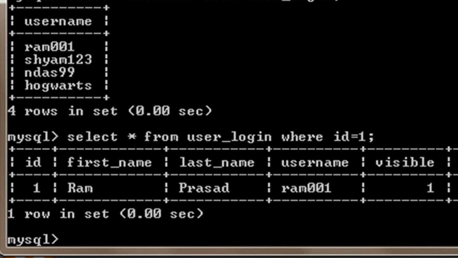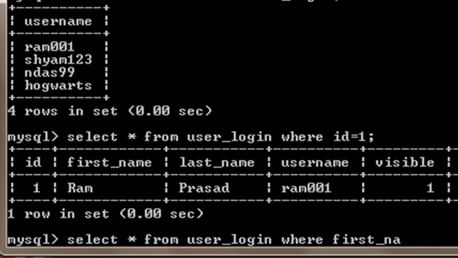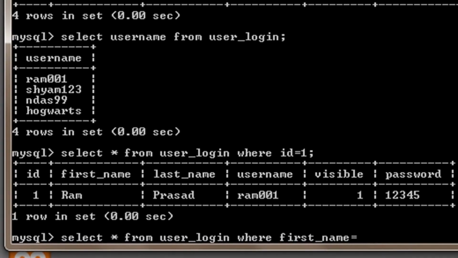Now suppose I don't know the value of ID for a particular name and I want to select the row which only contains the first name as Nirmala. So I will do select star from user login where first name is Nirmala.